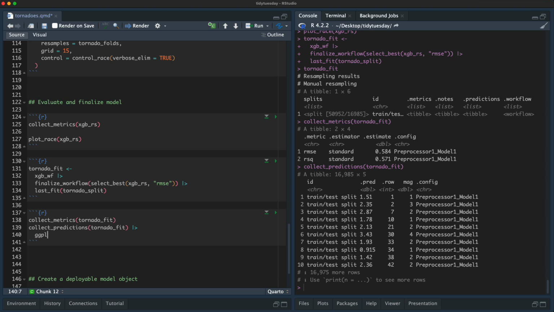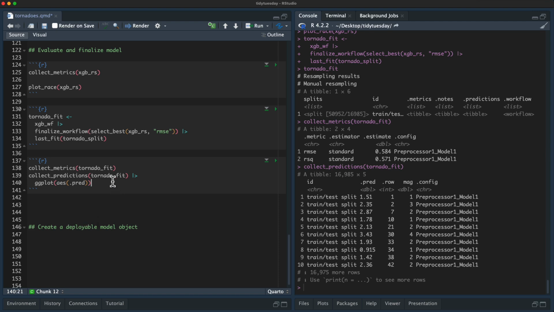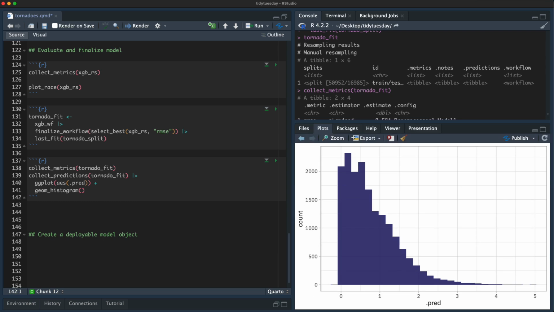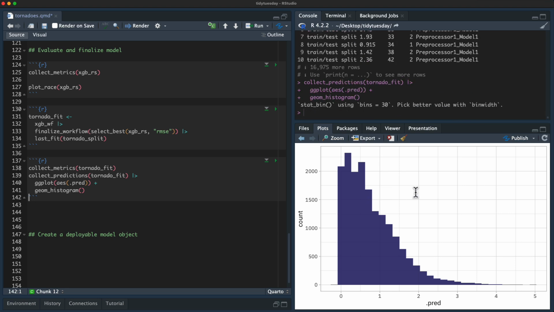And we can also get out these predictions, which I am interested in because this would be one of the things that I would look at to see, was this actually a terrible idea, what I did, to treat this as a regression problem? So what happens if I make a histogram of the predicted values here? I'll do geom histogram like so. Okay, so this is not on the log scale, but look at this distribution of predictions. This is actually not so bad. Notice there's not a lot of values below 0.